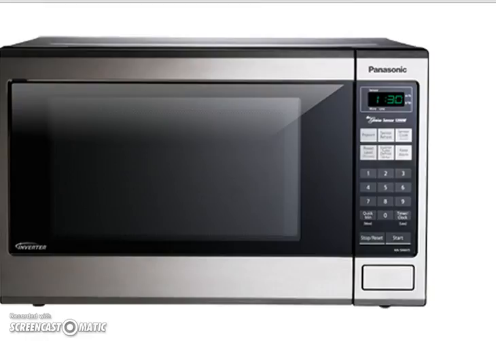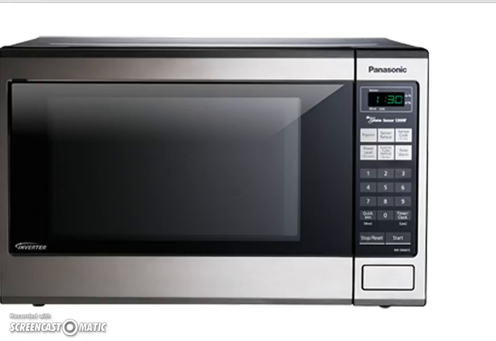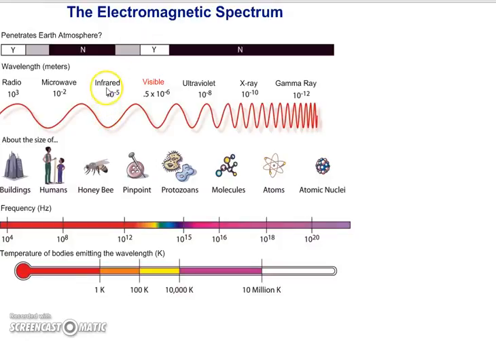So, we also have, let's see, microwaves are next. Microwaves are a little shorter than radio waves, but not really that much. It is a concentrated tuning of them that creates the heat in here, so you obviously wouldn't want to put anything alive in there because it will cook them, but microwaves in general, still not that powerful. And then as we get shorter than microwave, we come to